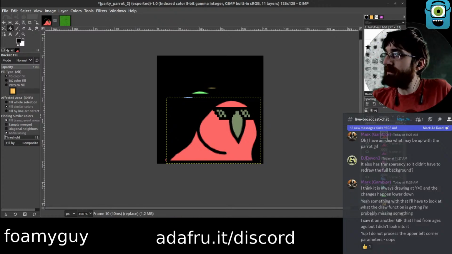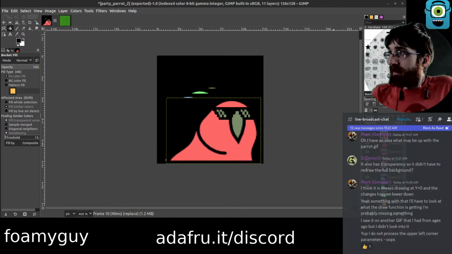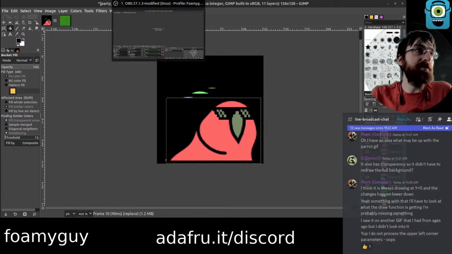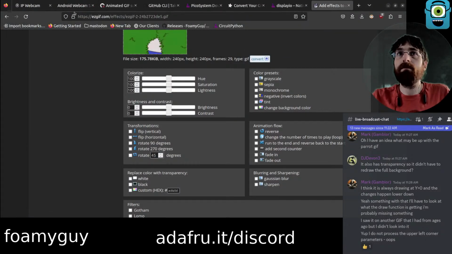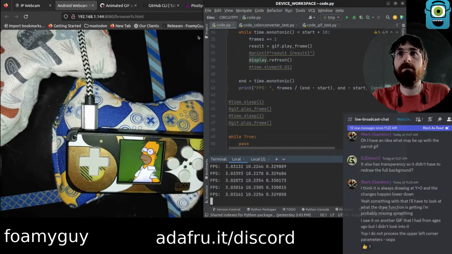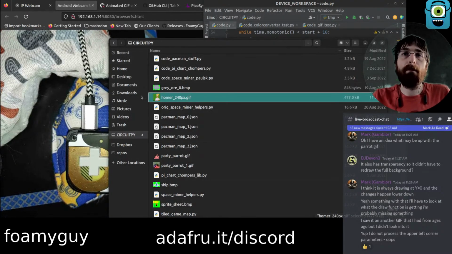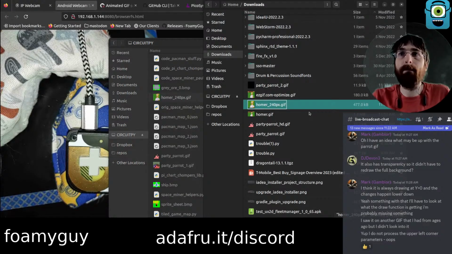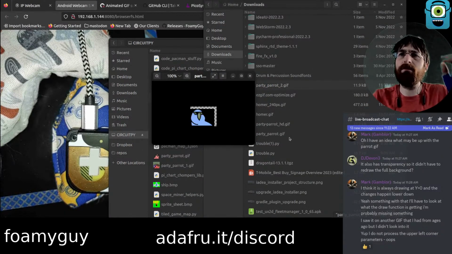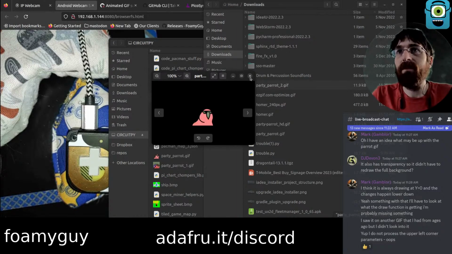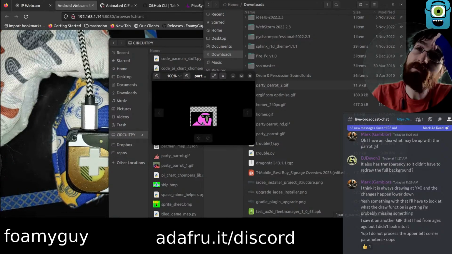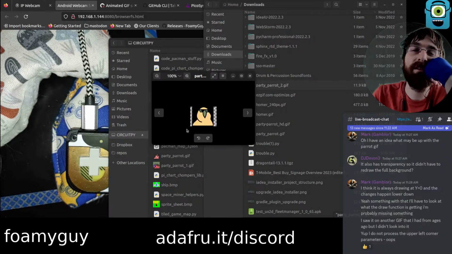I do not process upper left corner parameters. Oops. Nice. But I could help you discover that. Oh, that's interesting. Treating the background as a frame, which means we get one frame where the entire thing blinks.